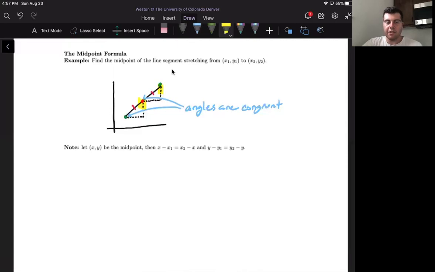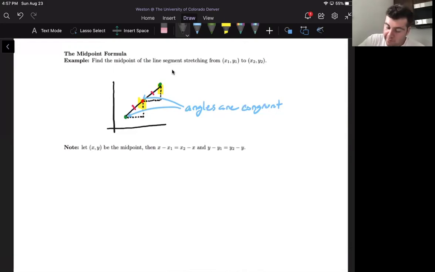And that's enough to show by angle side angle that we have two congruent triangles. Those are just some facts from high school geometry as a justification for why we can then say that